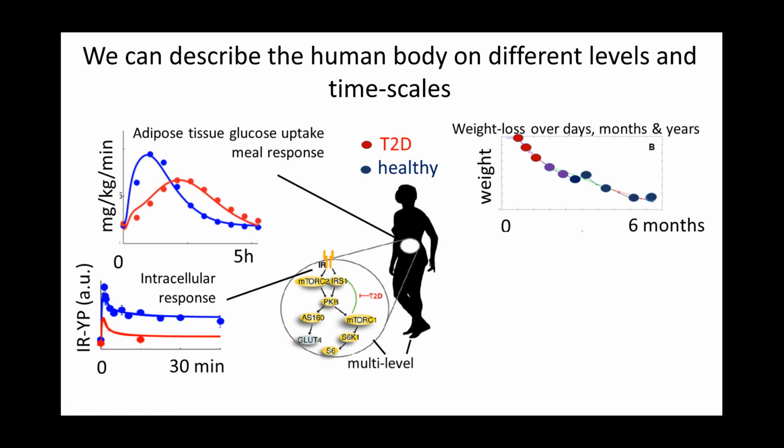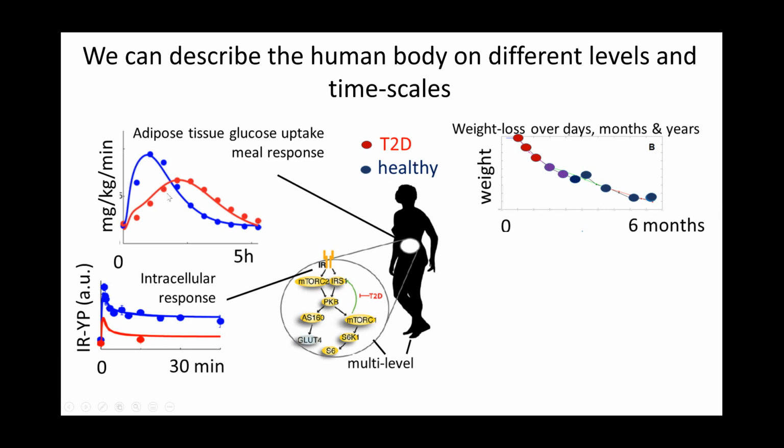So what can this do? Well, it can simulate on different timescales and different levels. So here we have another way of symbolizing the same model. So this is the whole body part, and here we see the changes over time. If you change your diet, and we see the comparison, if you change your diet and you take a weight loss drug called topiramate, and this is now a comparison between data, which are the dots, and the simulations, which are the different lines. And this is a long time scale, 6 months,